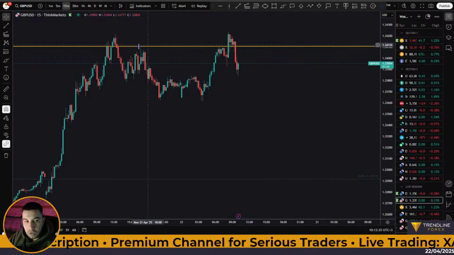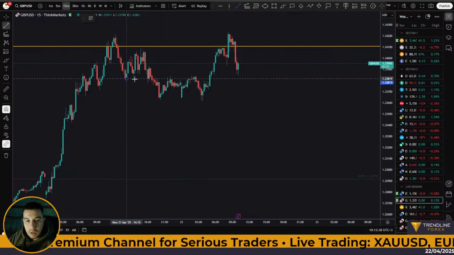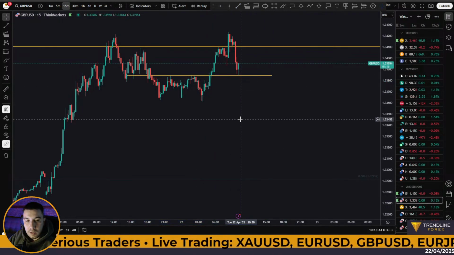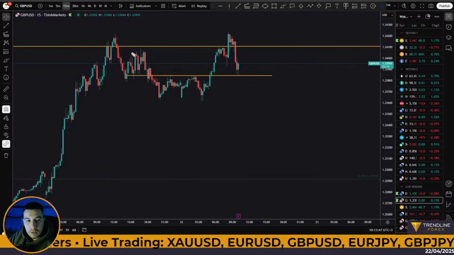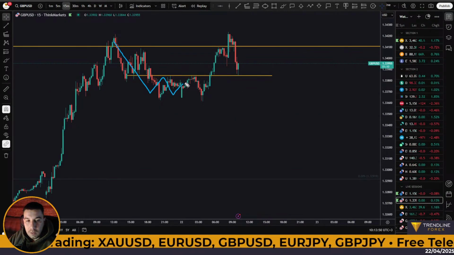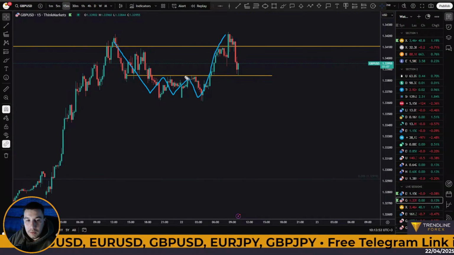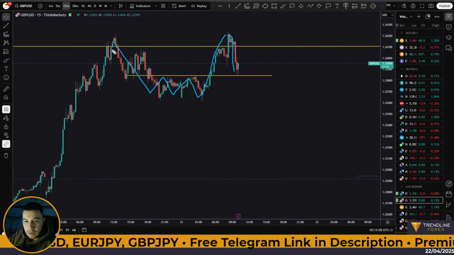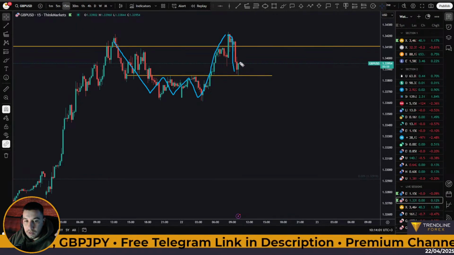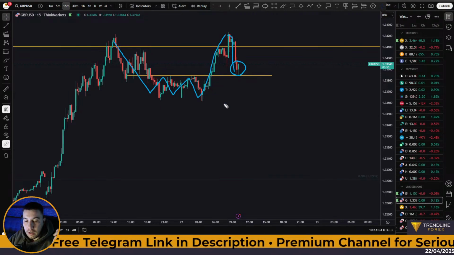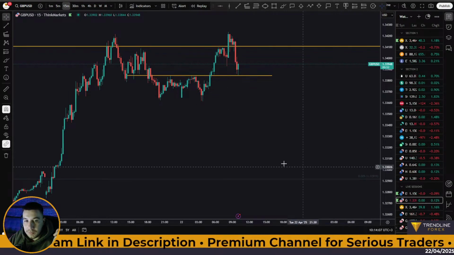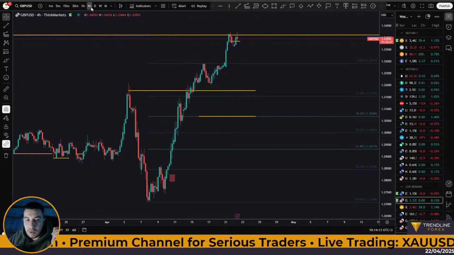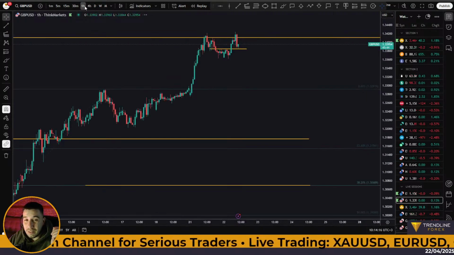Now this setup here on GBP/USD is looking even better. Why? Because we pretty much have this break and retest pattern here. So here is the pullback, price trading sideways for a little bit, breaking above this minor structure right here, coming back for a retest, and the 15-minute candle is closing in 1 minute. Okay, so what we see right here is a nice break and retest pattern. And then we can see price continuing the upside move.